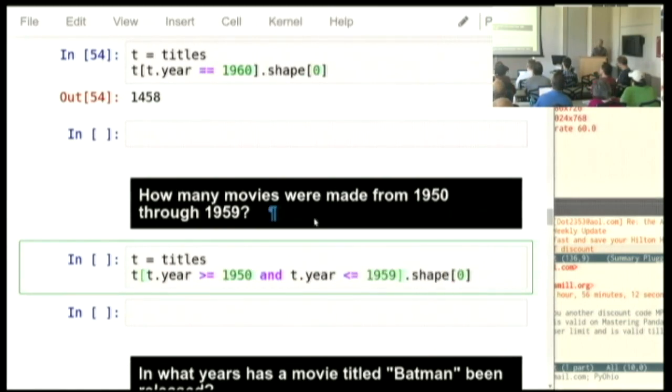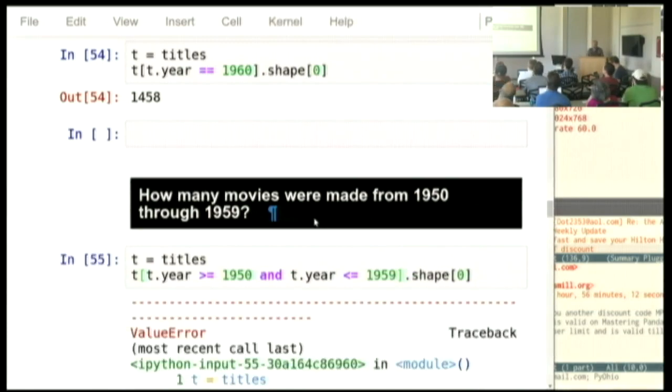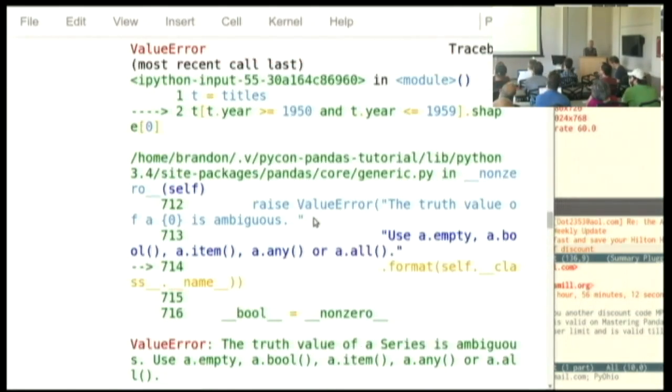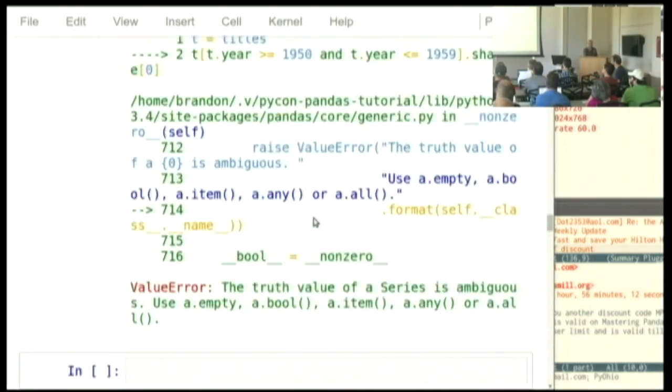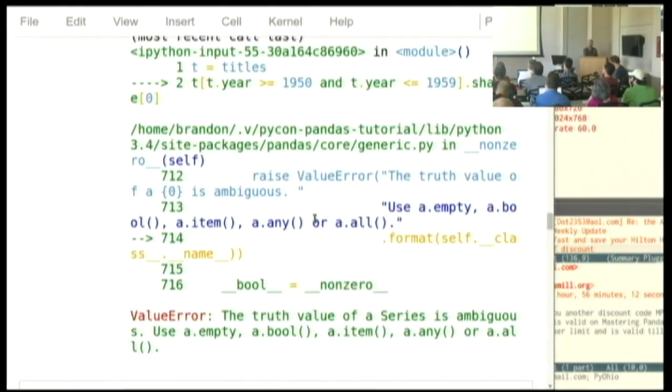This is what you would normally write in Python if t were a scalar value, that is not an array, but just 1955 or an integer. If t.year were just an integer, this would work just fine. In Pandas, however, you get a value error. The truth value, and it makes no sense. Like, that error message doesn't tell me what I did wrong.